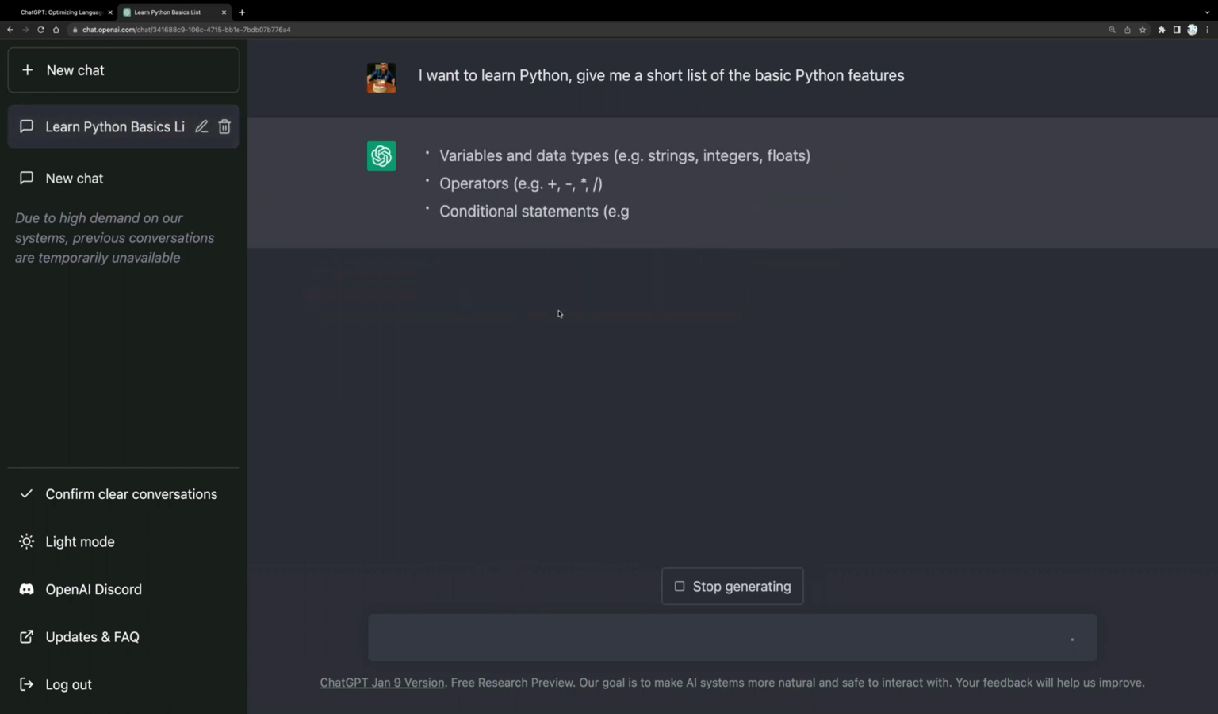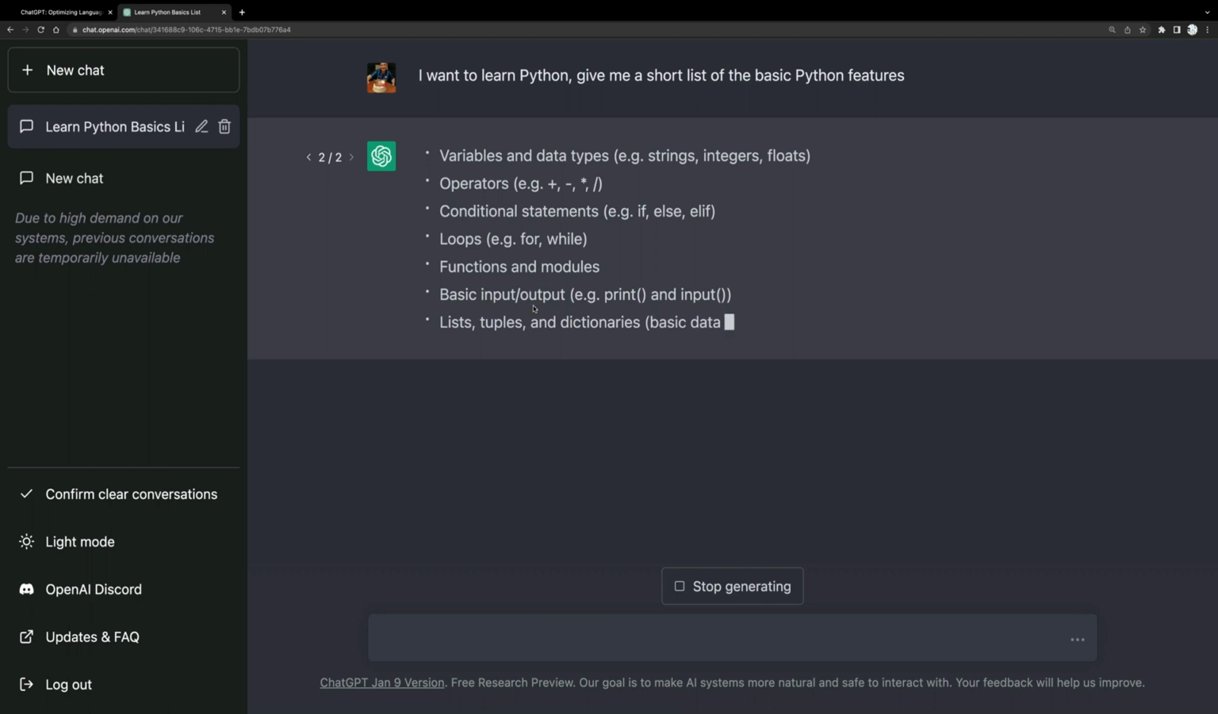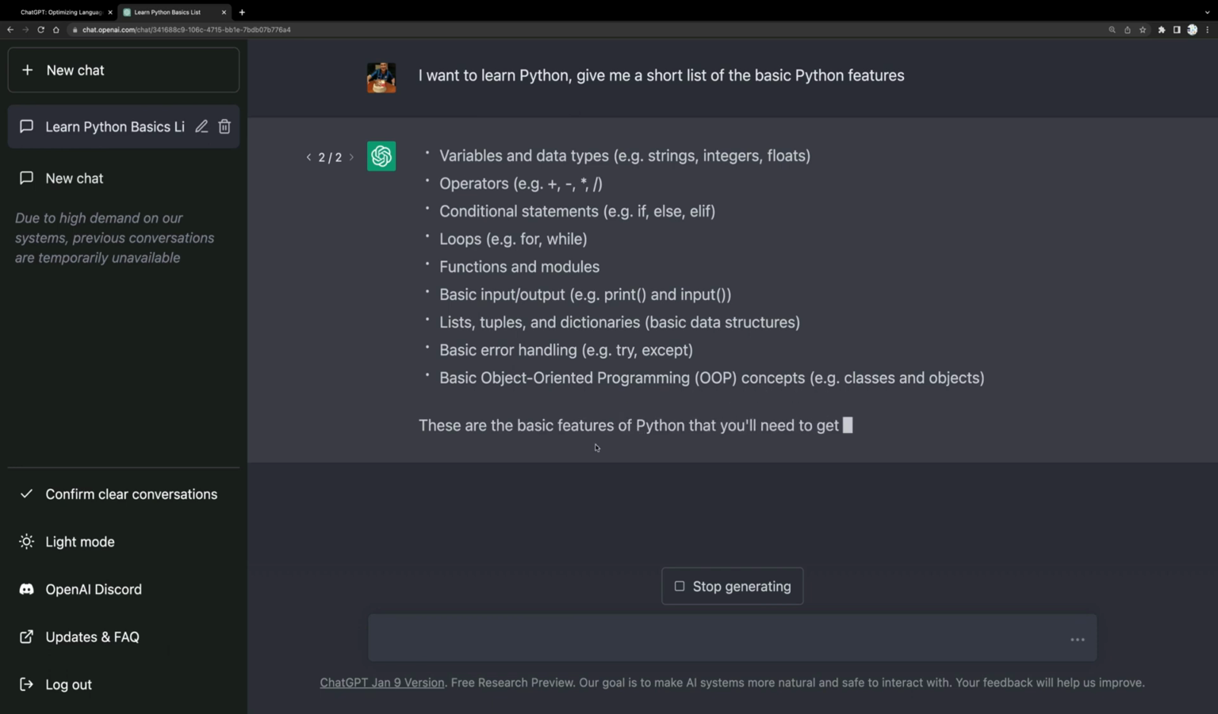So these are the basic Python features that you want to learn. So variables and data types, operators, conditional statements, loops, functions, basic input and output, basic error handling, right? So basic object-oriented concepts. These are the basic features of Python that you will need to get started with programming. How cool is this? Now, we can ask additional questions. I know the basics. So you can ask, give me an example. For example, it's saying here that we have different data types. So you want to learn about strings. You don't start with strings, but let's say that you want to start with learning about them. Okay, so say, give me an example of string data type